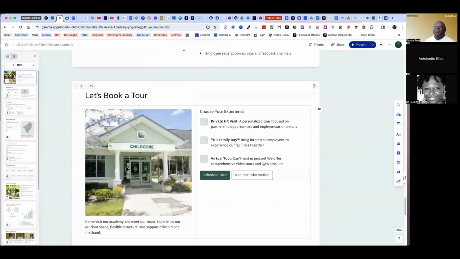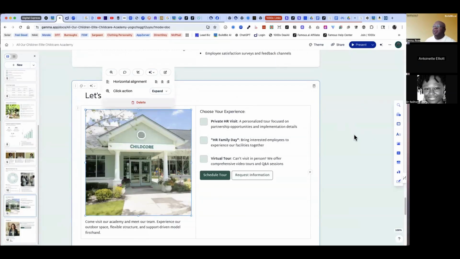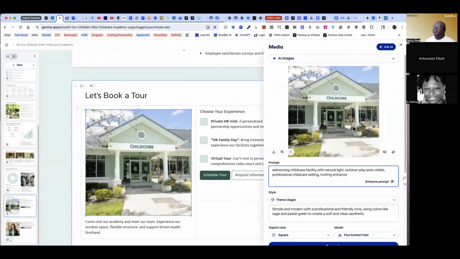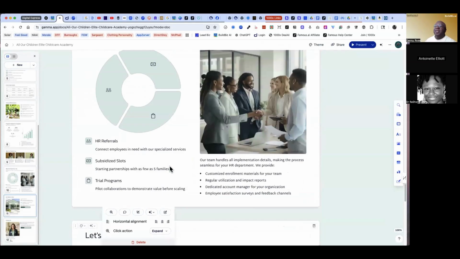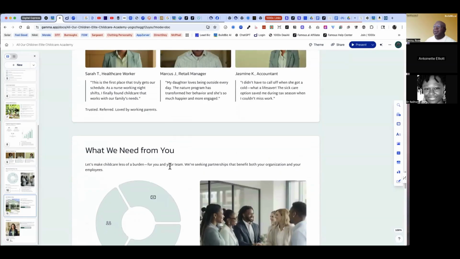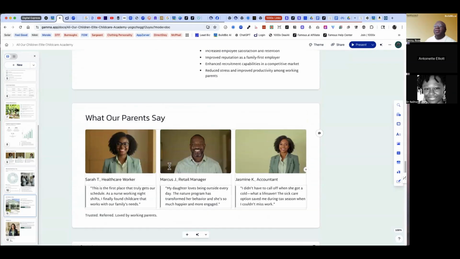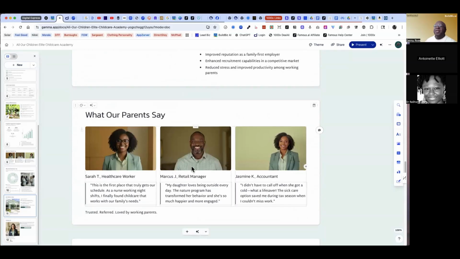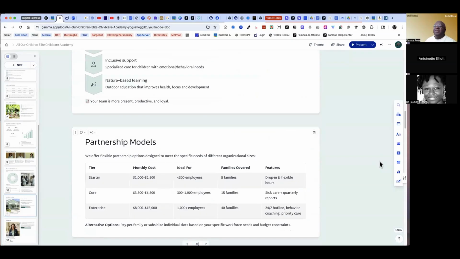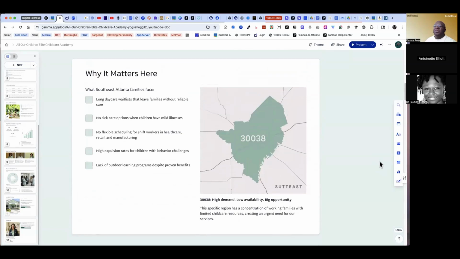For example, this image here, we would replace by going here, double clicking on it, and then you can upload a more appropriate image from AOC. And so that's how you would change that image. Or if it's generated an image that you don't like, you can change it. For instance, this slide here is just made up stuff. I would change it to actual content or just delete the slide. If it's not real, then don't use fake stuff.